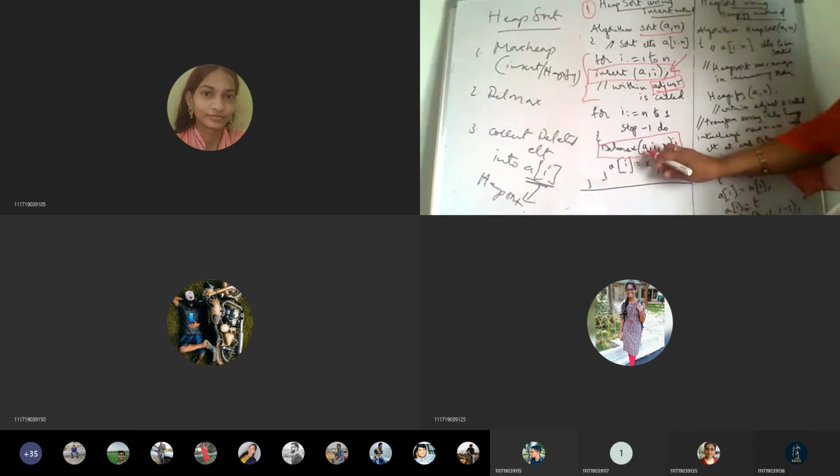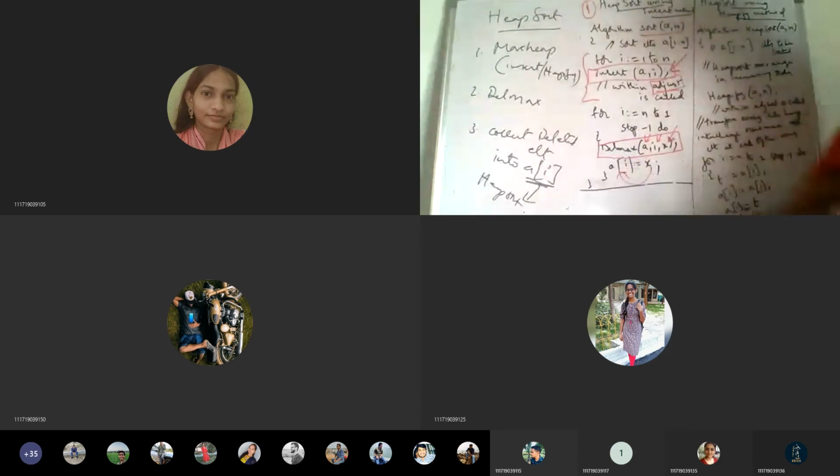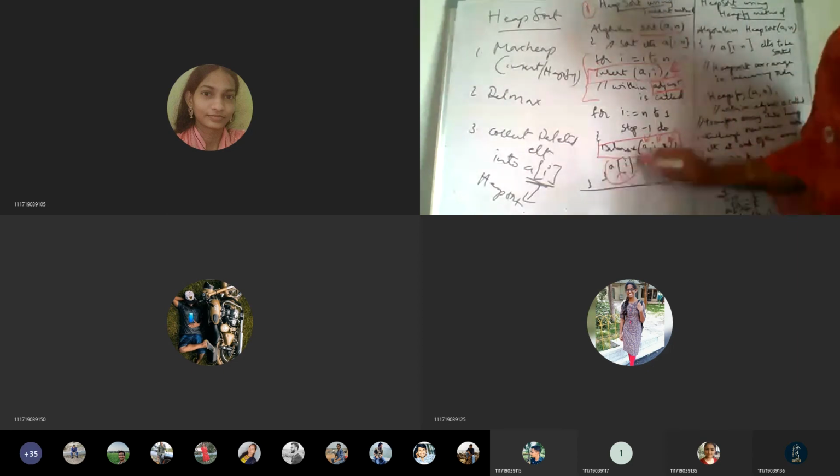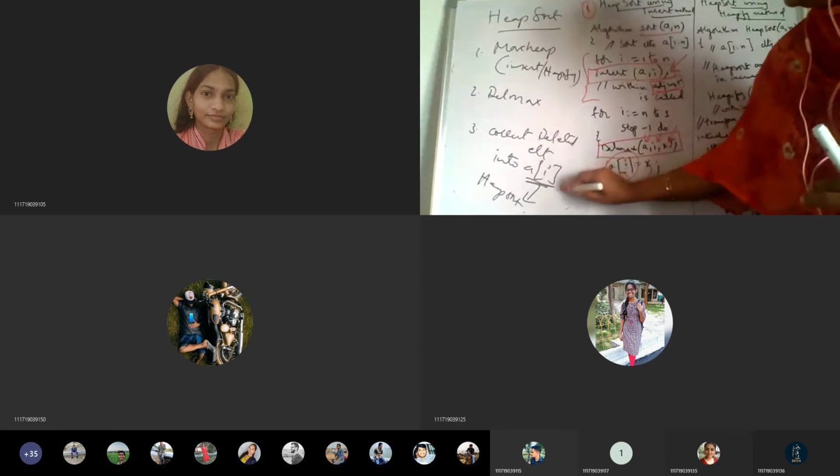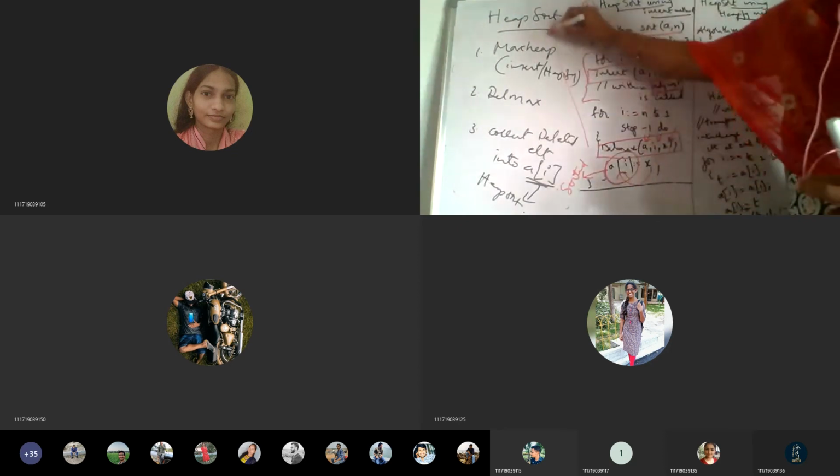In delete max, A is the array, I is the index, and X is the variable into which the deleted element is stored. And every time this deleted element will be stored into the array again, A of I. By doing like this, finally the A of I array will be sorted, which we get as the heap sort.